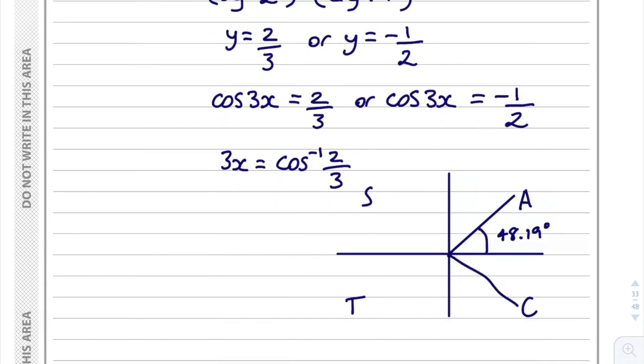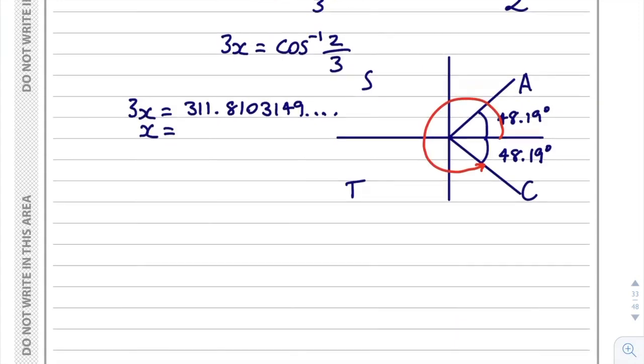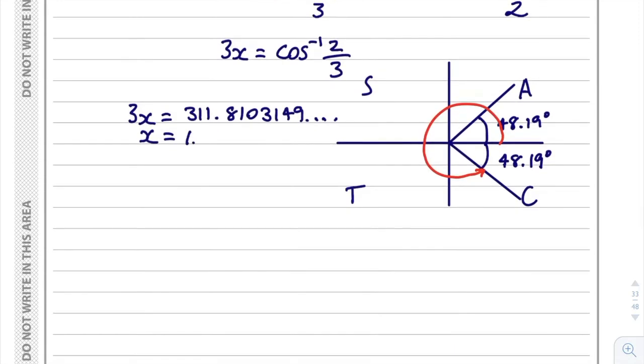I'm looking for another solution for cos, so that's going to be in the fourth quadrant. So what I'm going to have to do is, if I go around this circle, what I'm actually doing is 360 degrees minus the angle of 48.19. So if we do 360 minus answer, we get 311.81. So I can say 3x is equal to 311.81031149. Then what I can do is divide by 3 on my calculator. Now my answer has to be to 1 decimal place. So when I divide by 3, I get